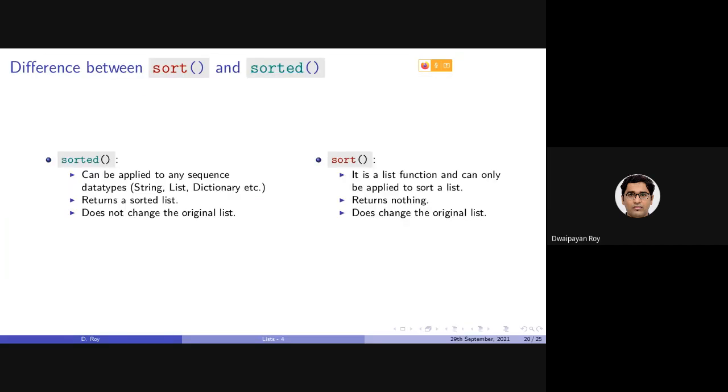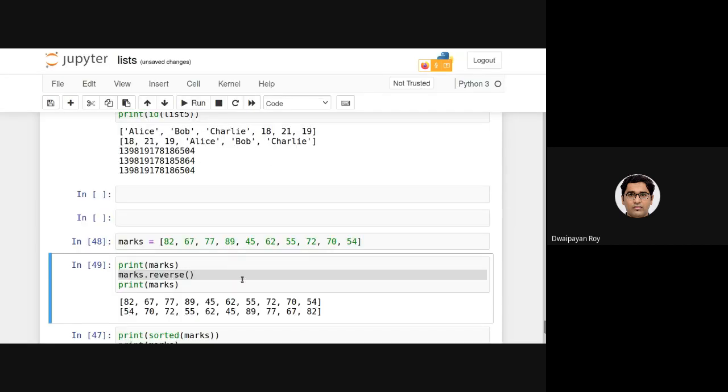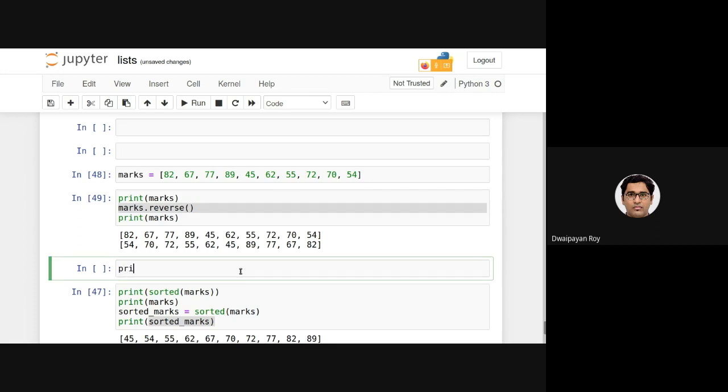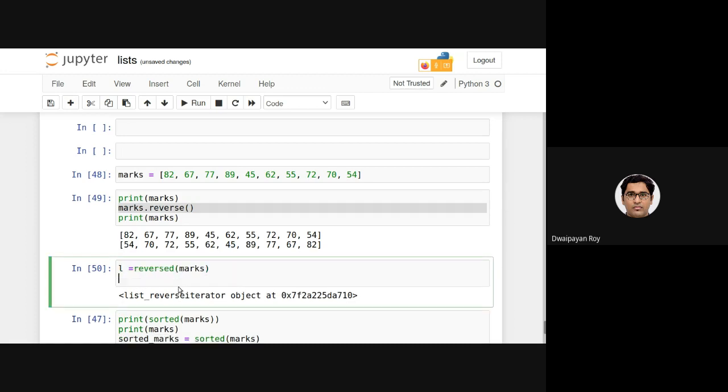Now, similar to sorted, there is a function reversed as well, and the functionality of the reversed function is the same. Earlier the sorted function was returning a list, so here it is returning something which we can iterate.